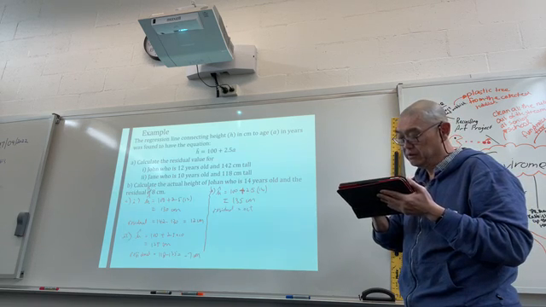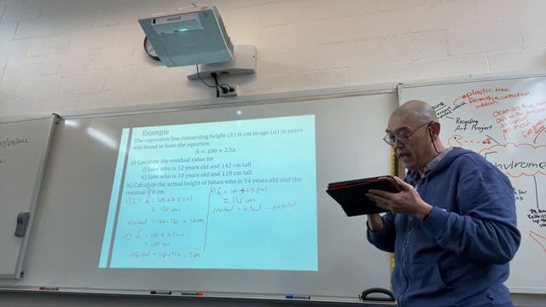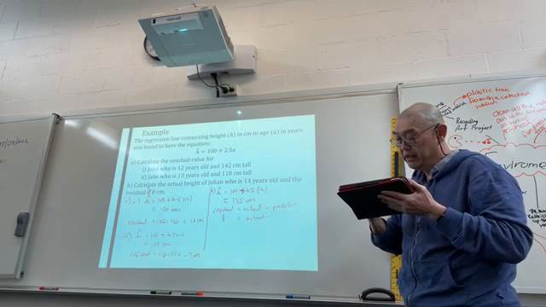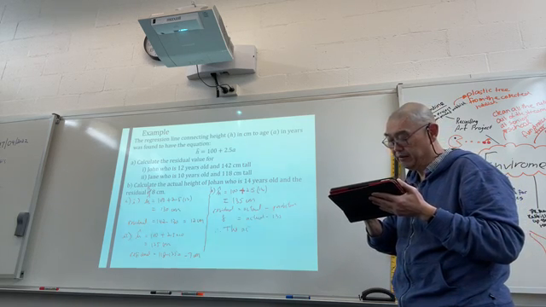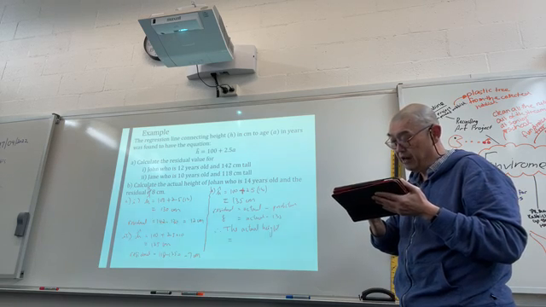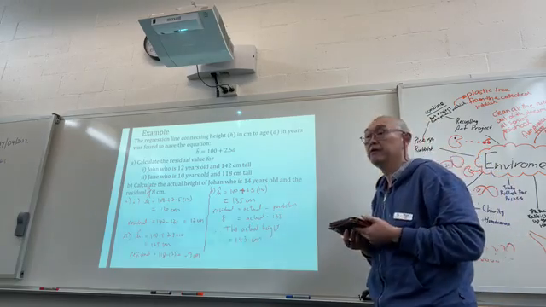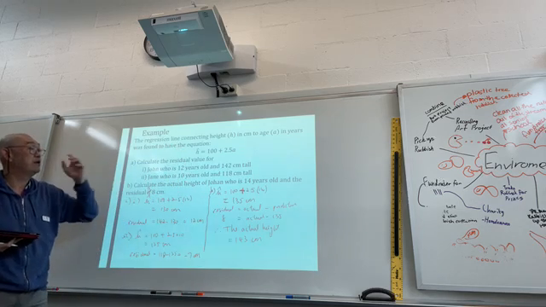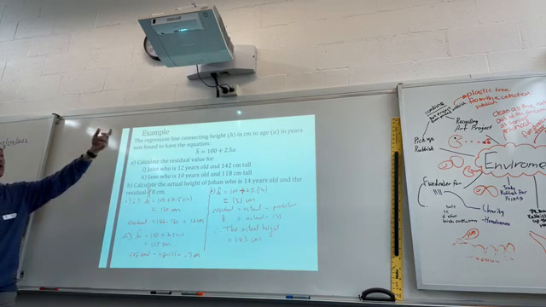equals actual, take away predicted, and the residual is 8. Actual we don't know, take away 135. Therefore, the actual height is 143 centimeters. Right? So you must be able to use your regression equation to calculate the residual, or given the